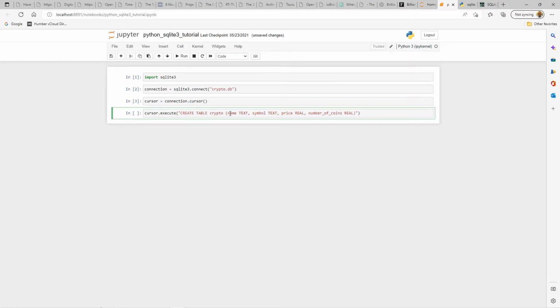You can see name, symbol, price, and number of coins. And in front of each of them we have the type. So name is text, symbol is also text, price is real, and number of coins is also going to get a real value. And over here we can just take a quick minute to talk about SQL and Python data